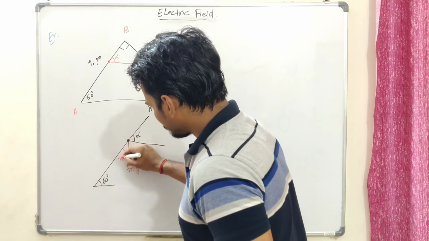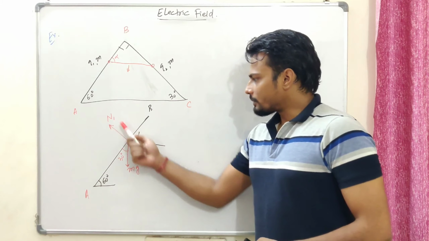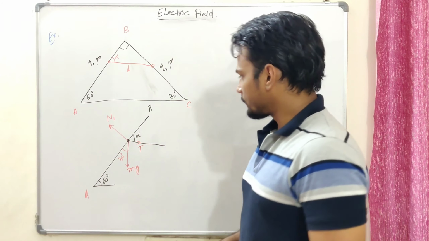Since we have the mass, there should be a normal, because it's in equilibrium, the normal reaction, let's say N1, will be perpendicular to the plane AB. Okay, let's say this is AB. Now this normal, and there will be a tension in this direction. Since the weight is not flying away, there should be some force which is balancing the normal, right? That's the first thing that you should be knowing.